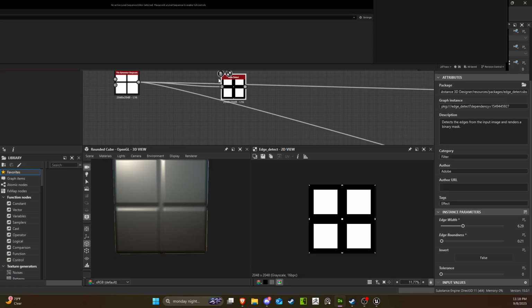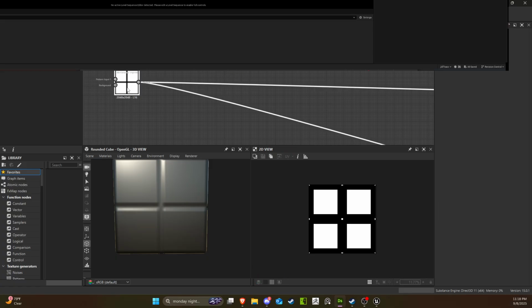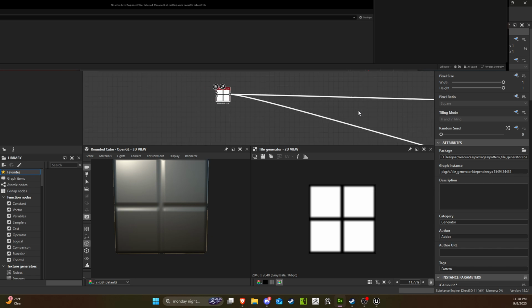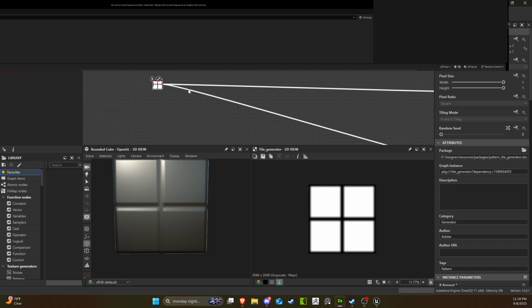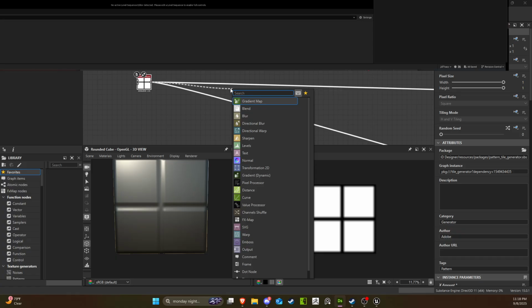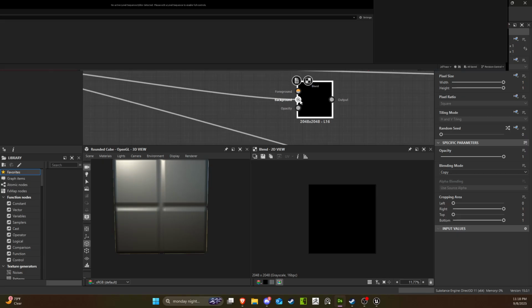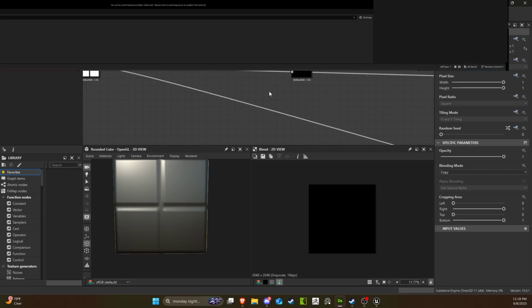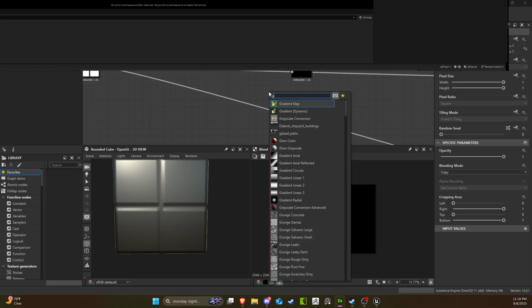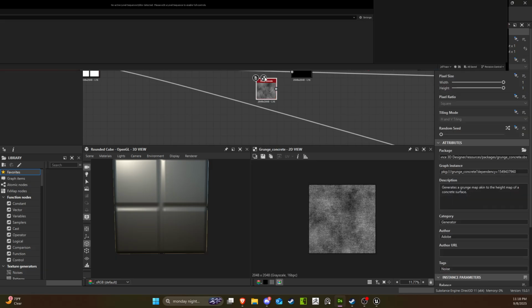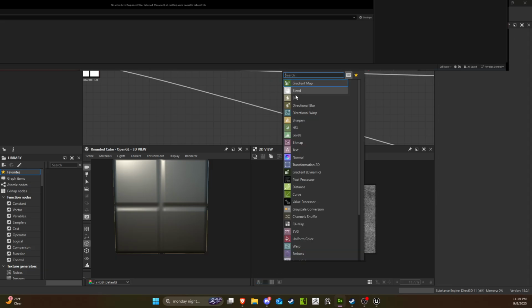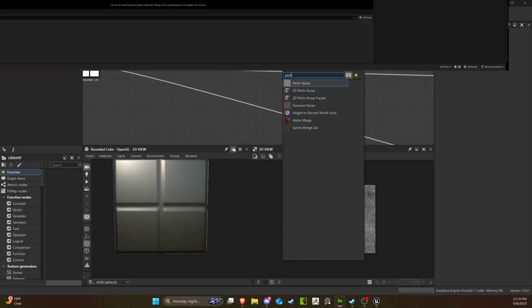I think I'll just keep it the way it is. This is fine. And just clean it. All right. Then we'll use like a blend. And then I want to connect this with like a grunge of some kind. Will be grunge. I'll do crunch concrete. Maybe no, not crunch concrete. We'll do a Perlin noise,